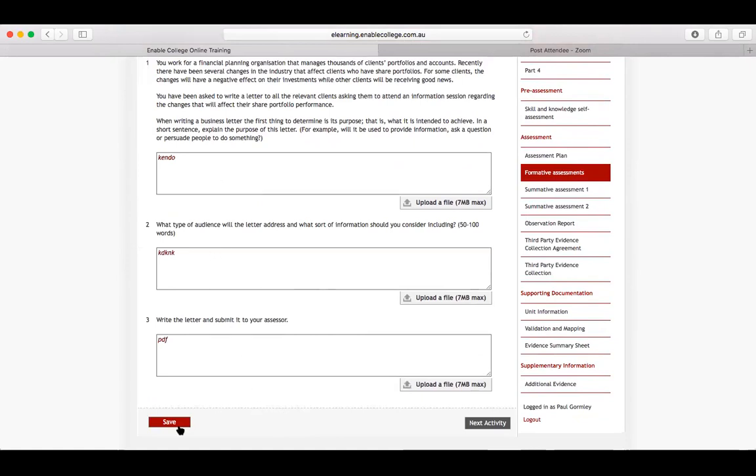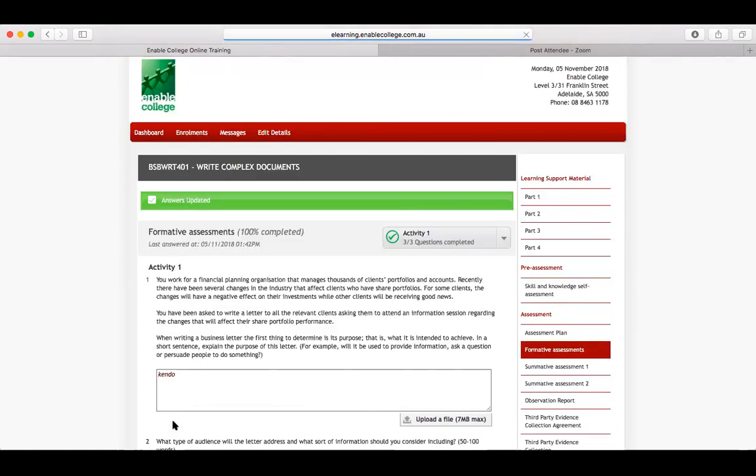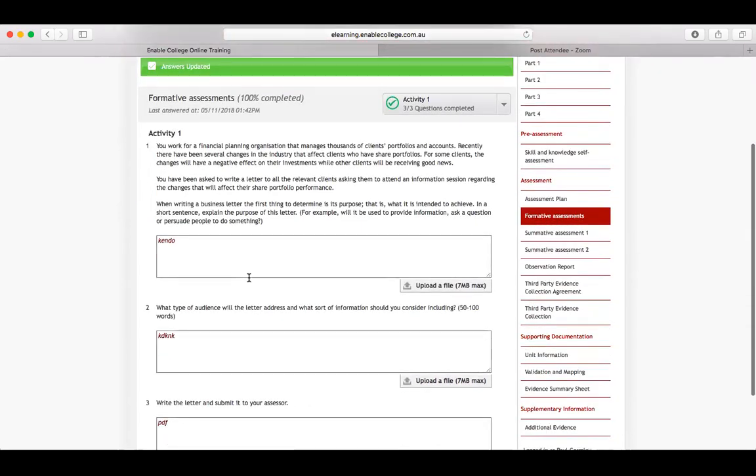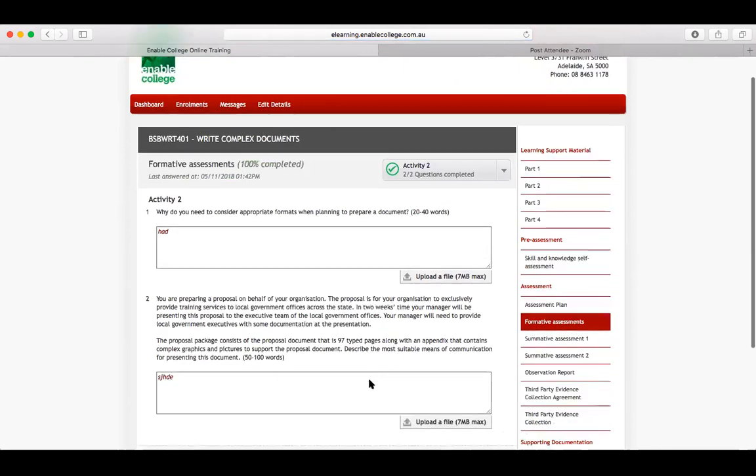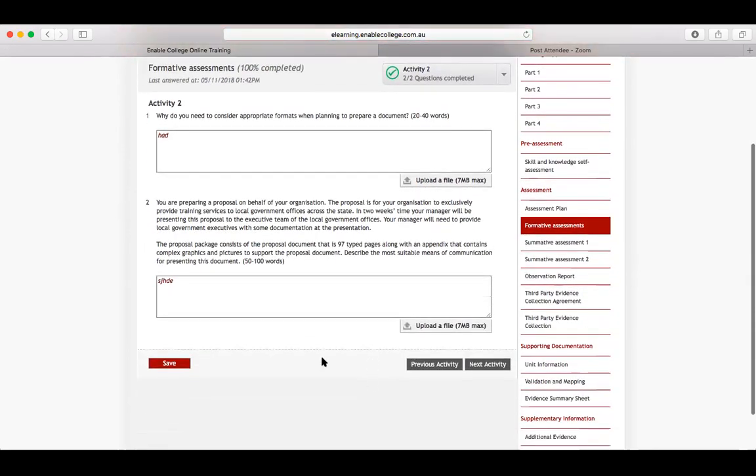The most important thing you've got to do is to click save. Now, when you click save, that saves your answers in Catapult, and it also gives you a little indication here in green that the answers have been saved. So complete activity 1, go on and do activity 2, type your answers in,